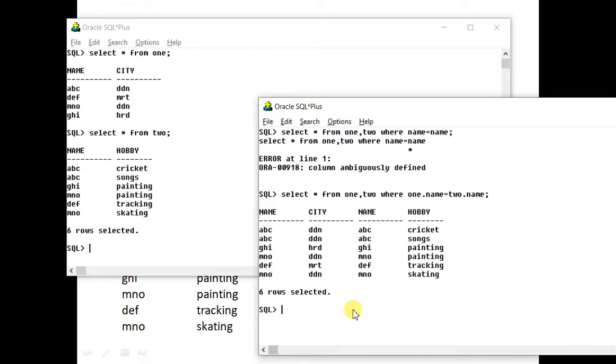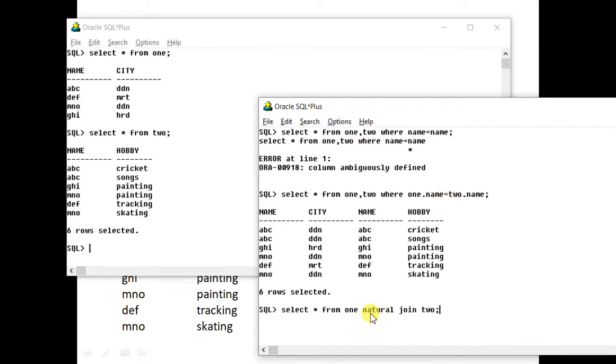See, now I will type select star from one natural join two. Now, please note an important difference: in this, I have not specified which column to use and what condition is to be used.